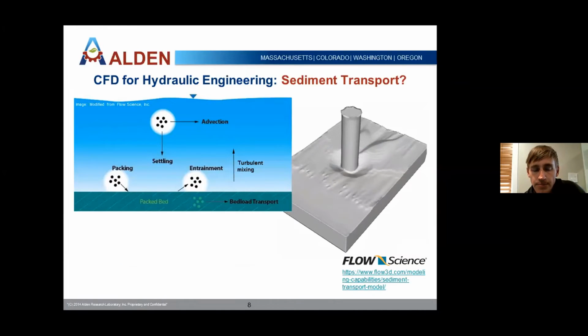So here are some images from Flow Science provided by Brian Fox. Their model in Flow3D basically accounts for several different processes associated with sediment transport, right? We have sediment particles that are in suspension being advected by the mean flow. Those particles have a tendency to settle, so there are assumptions about settling. They pack the bed. The bed is actually allowed to grow or aggrade or degrade. They can be re-entrained. There is a model for mixing and suspension of those particles by turbulent eddies. Remember, we're not actually explicitly resolving turbulent eddies, but there is a model to approximate that process, as well as